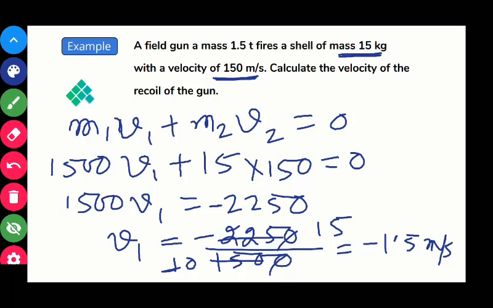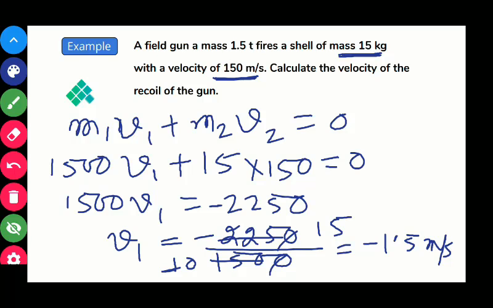Now here in this case, why is the minus coming? Because in whichever direction you apply the force to the bullet, the recoil velocity is calculated in the opposite direction of the velocity of the bullet. If the bullet is traveling in a right direction, then you will experience a force in the opposite direction of the velocity of the bullet. Therefore, the mathematical expression of the recoil velocity of the gun contains the minus sign, and therefore we have got v1 as minus 1.5 meter per second.